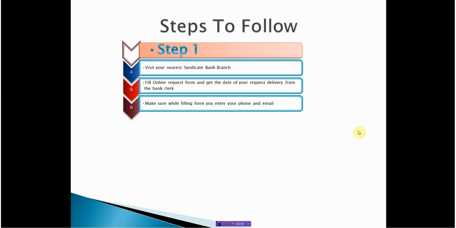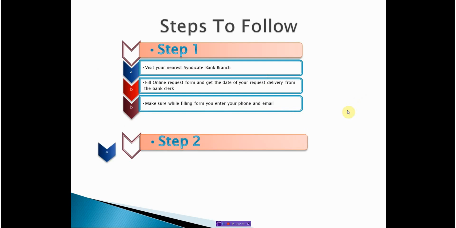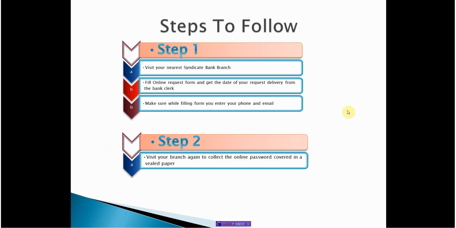So basically, in step one you have to visit your branch and do all these formalities, and make sure when you fill and submit the form you ask the clerk when this request will be fulfilled. Maybe he will say today or tomorrow, so whatever day is mentioned, you can visit on that particular day. So step one and step two are basically more physical. In step one, as I said, you have to physically visit the branch and do the formalities, and in step two,